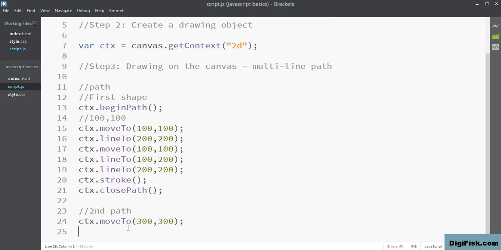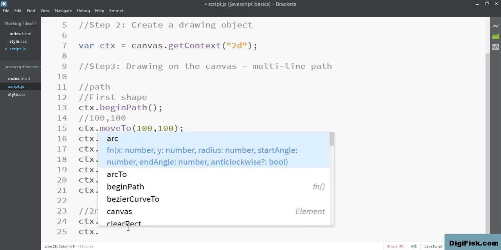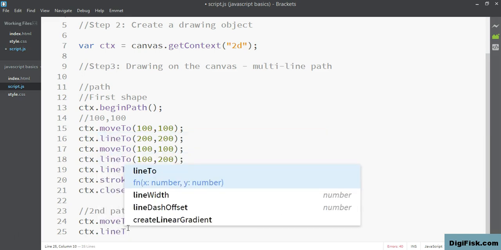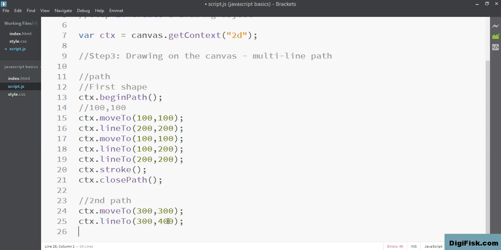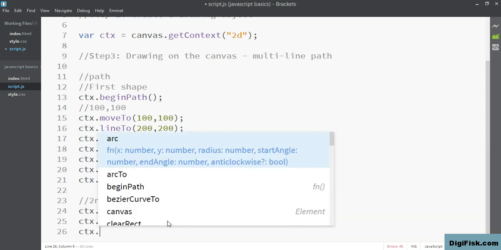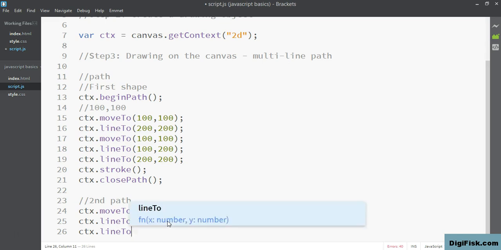And then let me ask a line to be drawn to, let's see, 300 is somewhere here, 300, 400, okay, 300, 400, and then from 300, 400 I can ask another line to be drawn to 400, 400,